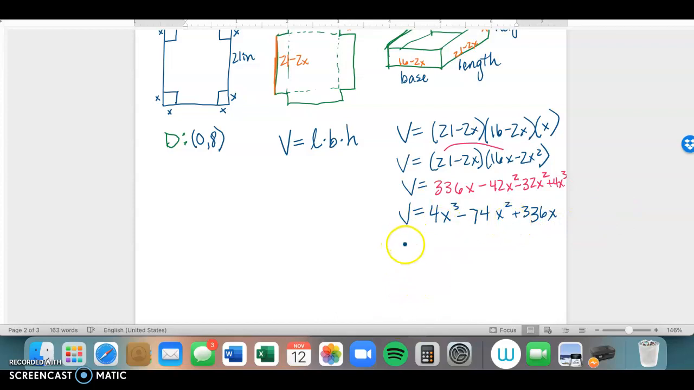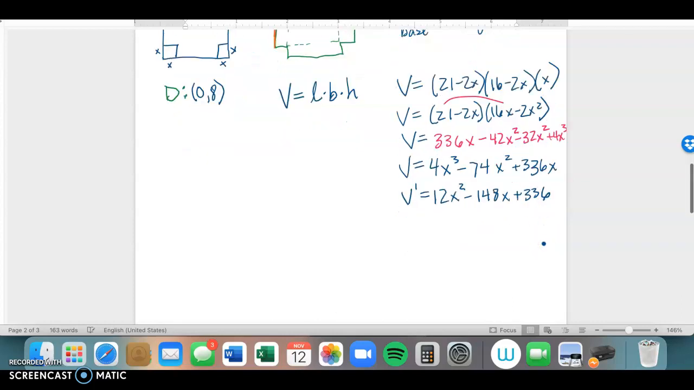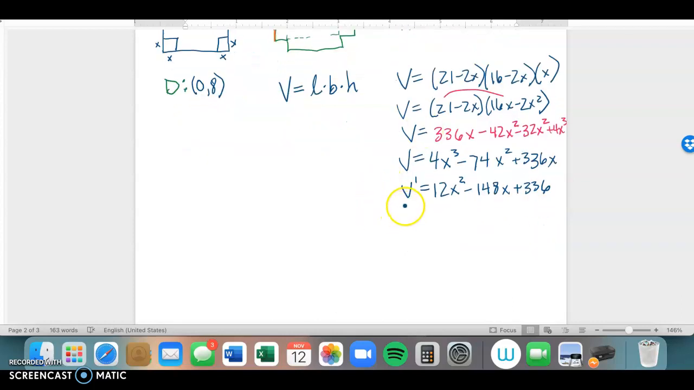Well, again, we're trying to maximize, so we need to take the derivative. V prime is equal to 12x squared minus 148x plus 336. So what do we do with that now? Well, whenever we're trying to maximize or minimize, we set the derivative equal to 0 or solve for when it's undefined or both, depending on our function. Since this is a polynomial, we're just going to set it equal to 0. So 0 equals 12x squared minus 148x